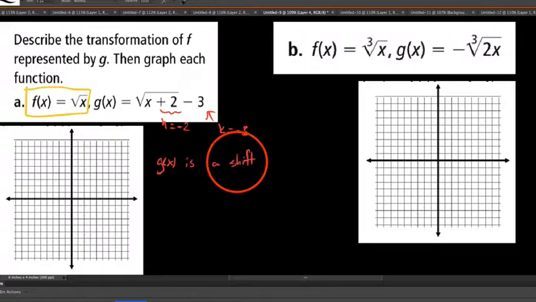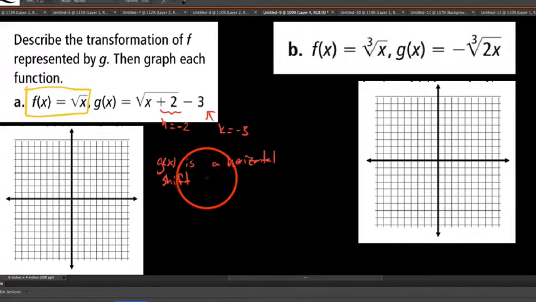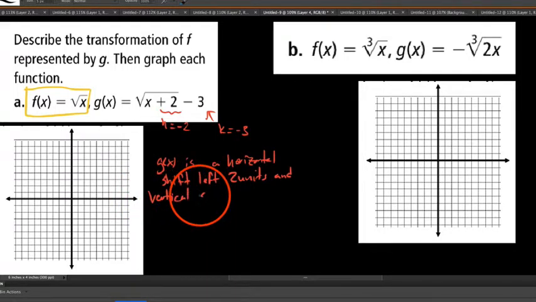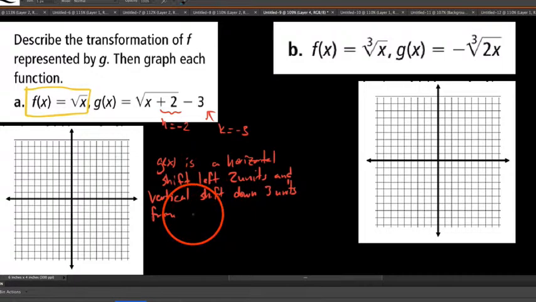So let's put that a horizontal shift, and I suppose we would go left 2 units, and vertical shift down 3 units from f of x. And so knowing this, essentially what we could say is, well, then our square root function,